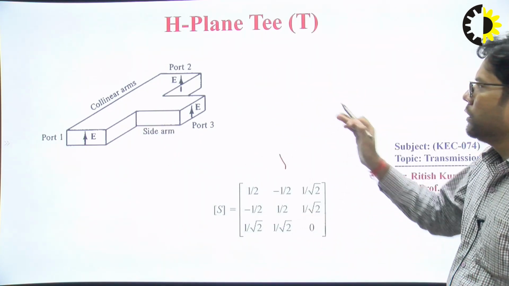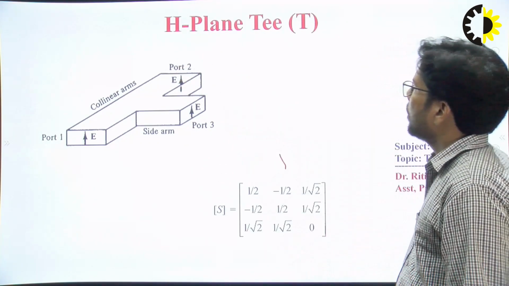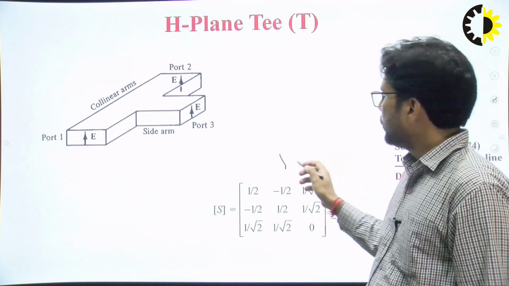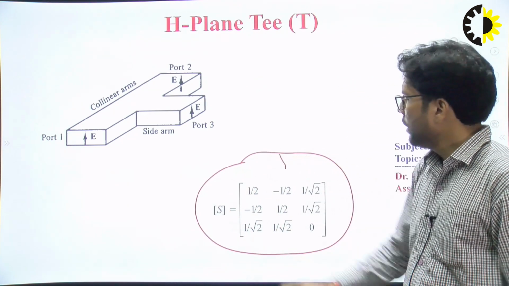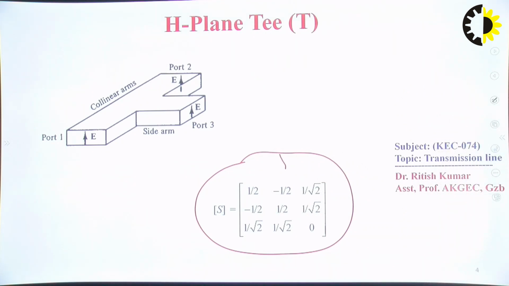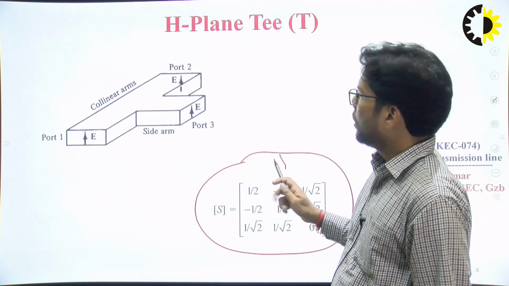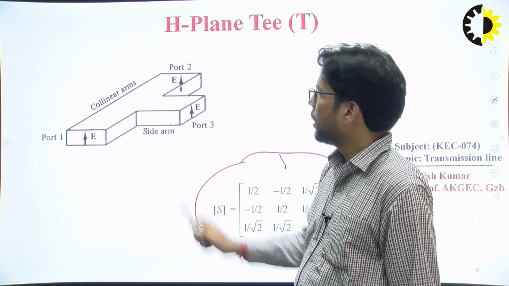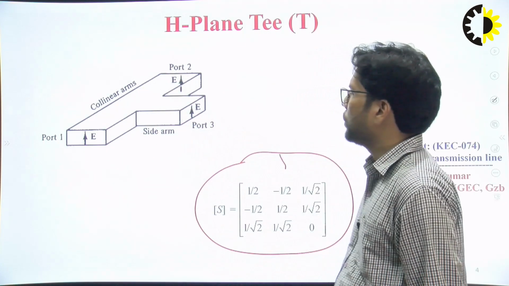That's why we are calling this an H plane T, and the corresponding scattering matrix of this T is written over here. Similarly, we have the case of the E plane T. So again, if you give the input power through port number 3, you will have the power in the same phase at port number 1 and port number 2